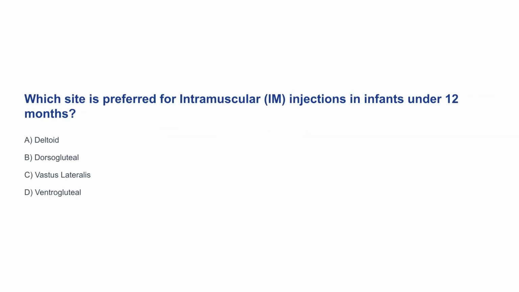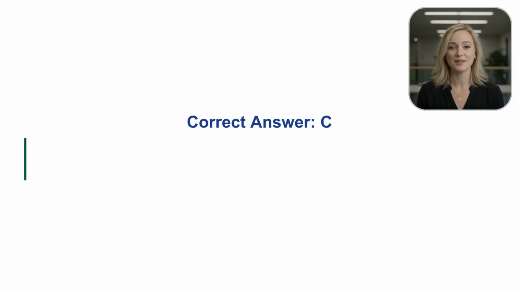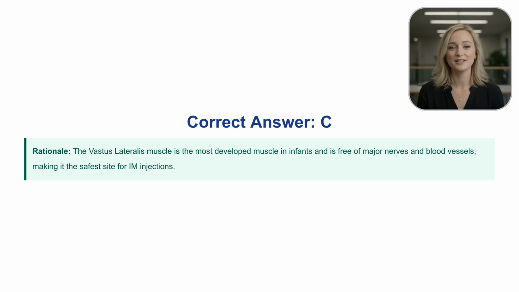Which site is preferred for intramuscular IM injections in infants under 12 months? The correct answer is C, vastus lateralis. This muscle is the most developed and safest site in infants for IM injections, as it is free of major